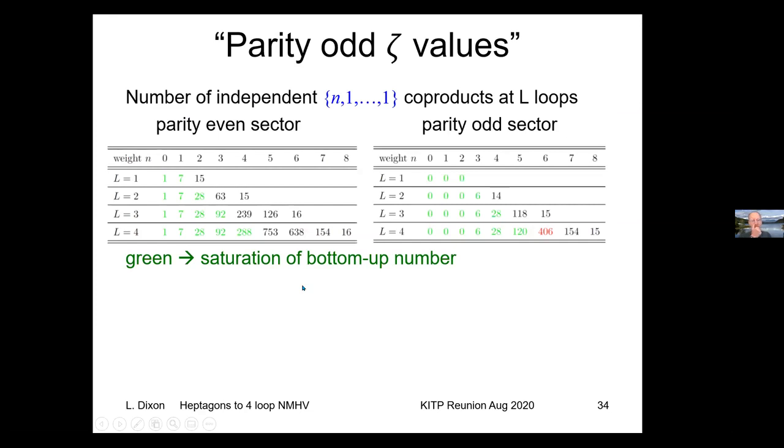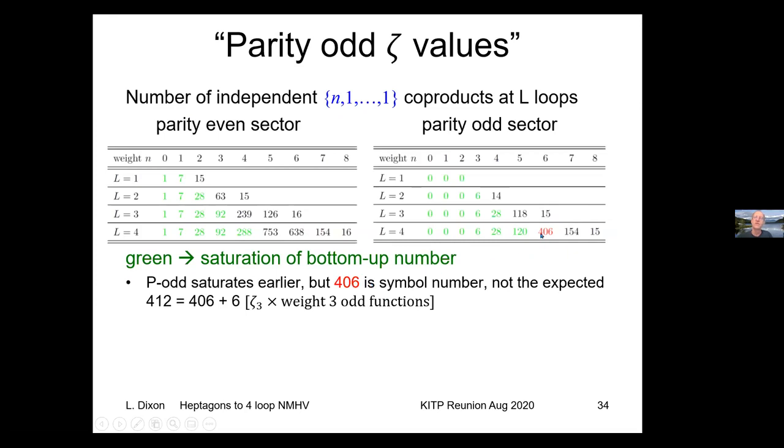Now, we do have a little bit of hint of some things interesting with respect to odd zeta values when we are in the parity odd sector. Here I show the sort of data that we do whenever we calculate a bunch of amplitudes. We take all of their derivatives or the number of independent coproducts, and we ask, when do they saturate all of the functions that we have from the bottom up? And do they ever miss saturating for a good reason? And in the parity even sector, we don't see anything interesting happening. Everything seems to saturate. In the parity odd sector, there's one hint here, which maybe it's premature, but this 406